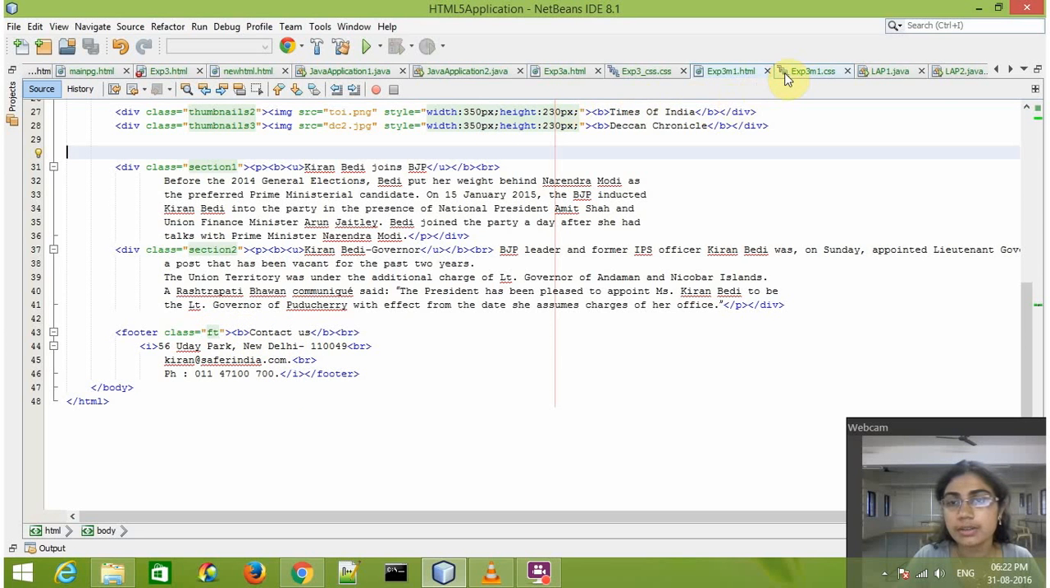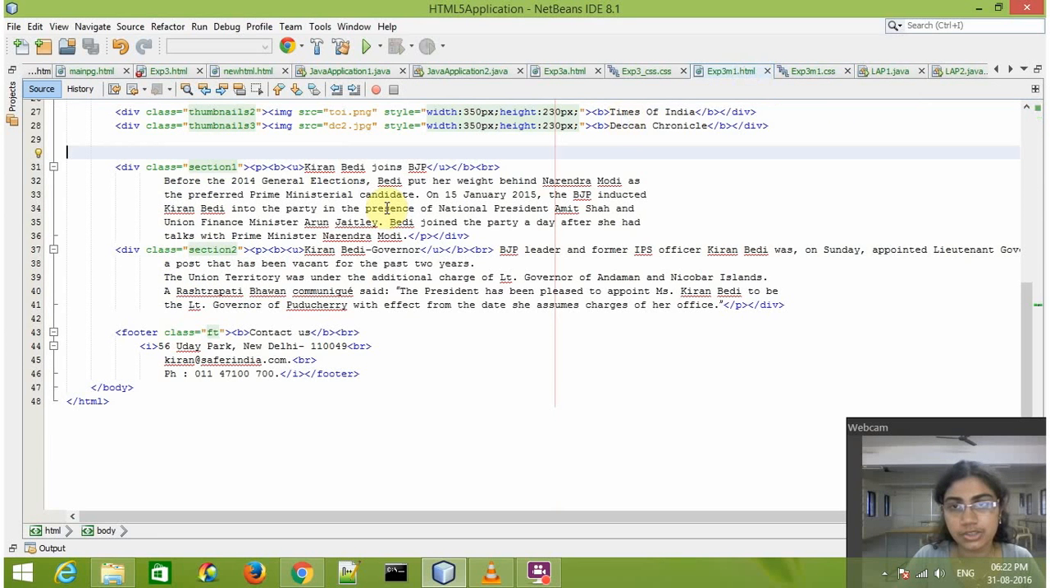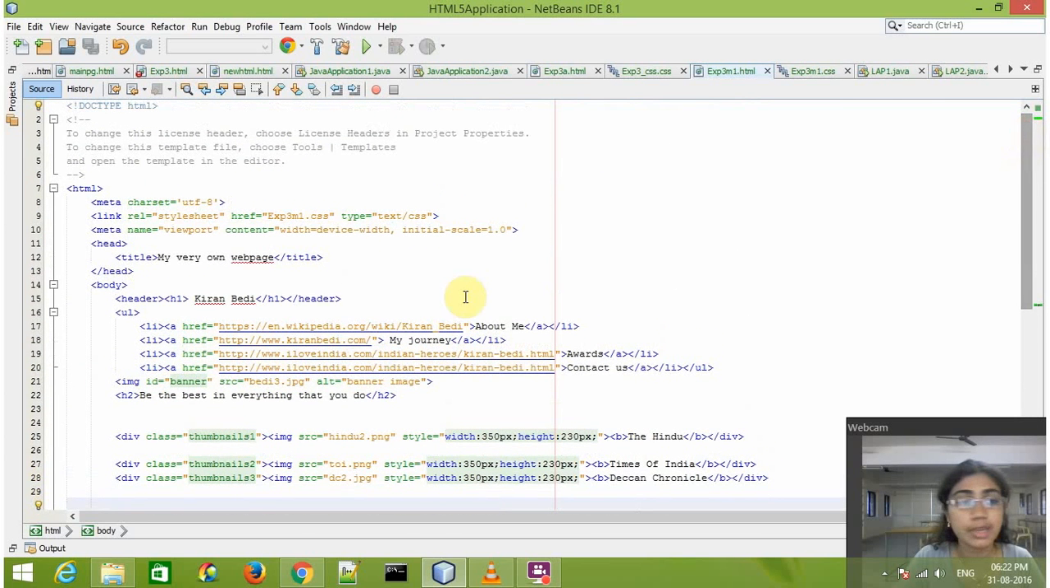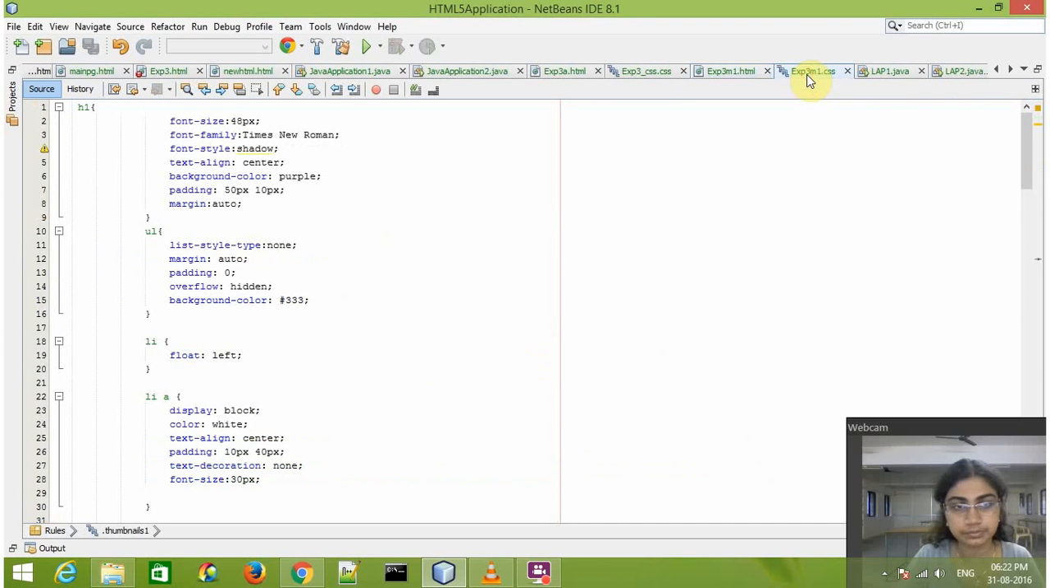Now going to the external style sheet. To use an external style sheet, it has to be specified in the HTML page. So here is the syntax, which is link rel equals stylesheet, and then the reference is given as experiment 3m1.css, which is the name of our external style sheet. Going back,